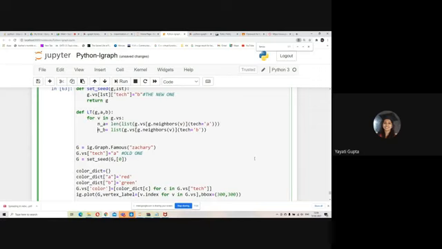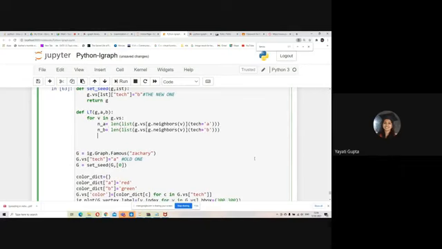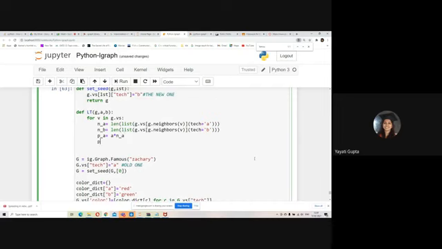And now I need to determine the payoffs. What is the payoff this vertex gets from the neighbors who have adopted A? This payoff is going to be a times NA. So this is the payoff you get from adopting technology A. What is the payoff you get from B? It is again b, the payoff, multiplied by the number of neighbors who have adopted technology B. For now, let's just try to print this out and see whether it's working correctly or not.